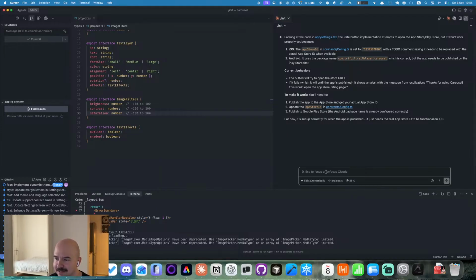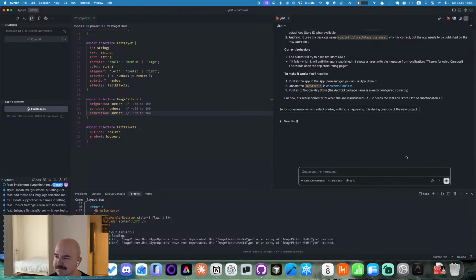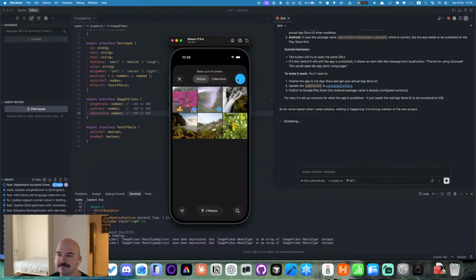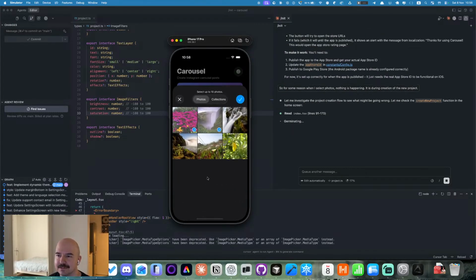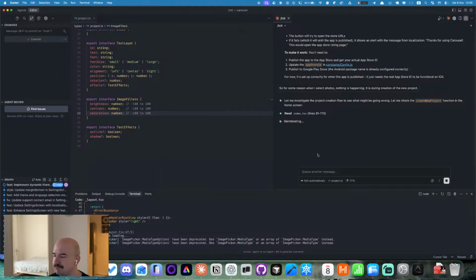Okay, so for some reason when I select photos, nothing is happening during the creation of the new project. So yeah, for some reason it's just not working. Maybe some configuration problem.